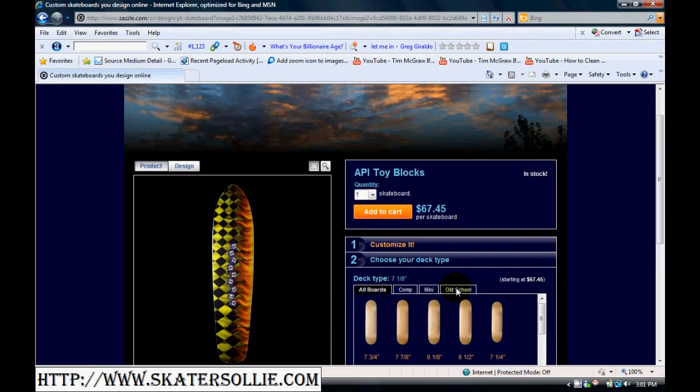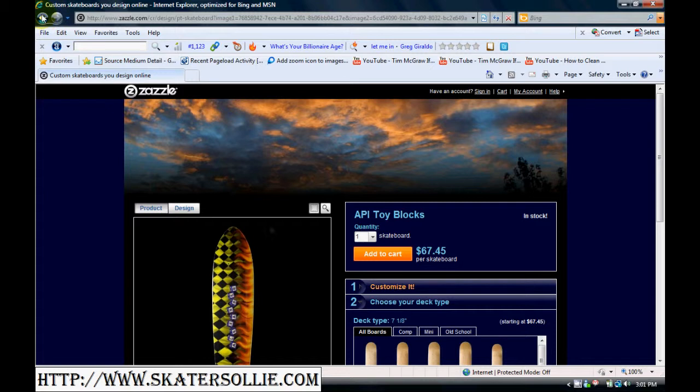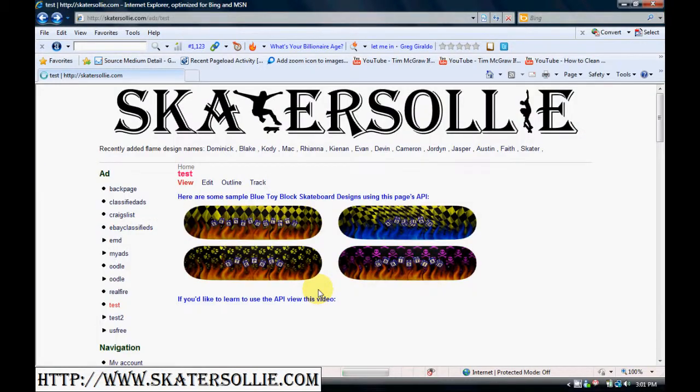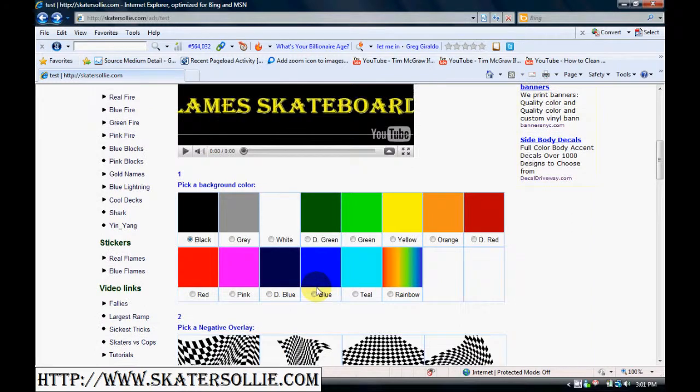If you want to go back and pick a different style, you can always do that. Use the back button and then pick your own color, red, blue, whatnot, and